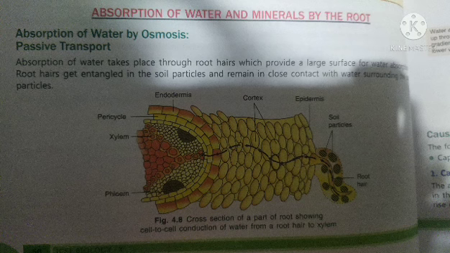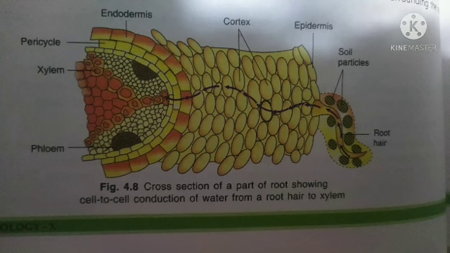So we will learn here about how the root hairs are absorbing water from the soil. The root hairs contain cell sap with higher concentration of salt as compared to soil water. Therefore, this difference in the concentration sets off osmosis and the soil water is diffused into the root hair. So this type of absorption is referred to as passive absorption. And we are observing here in the picture that the root hairs have absorbed the water from the soil, and